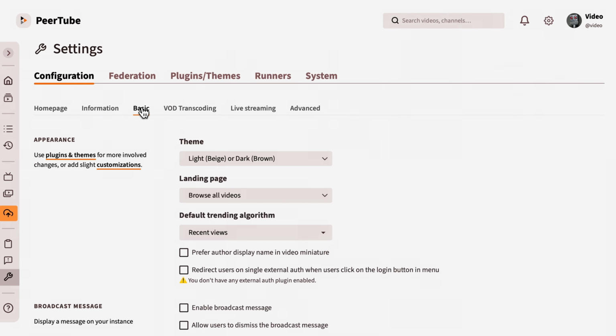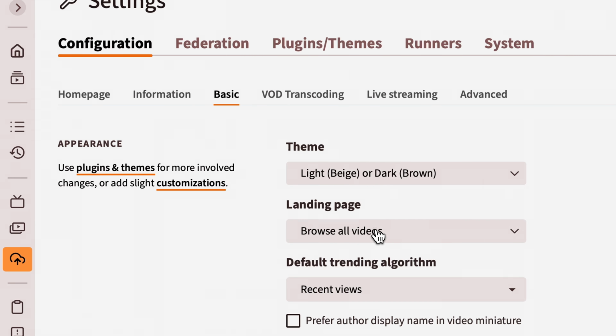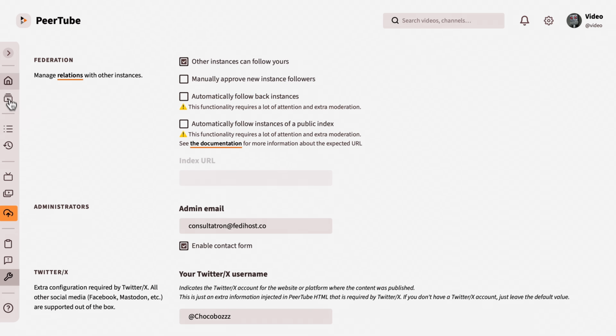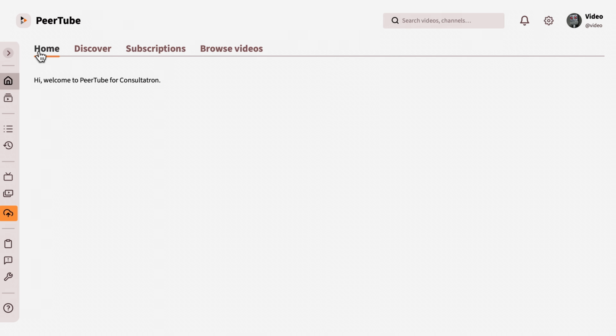And you may have guessed, if you're used to content management systems, what you have to do is go back to that basic setting where it says landing page, click on the drop down and choose this now visible home option, and then update the configuration. And that updates PeerTube so that your homepage is your homepage. Now, if you click on home, boom, you're taken to home. That setting can take a moment to toggle, I found. So give it a second if it hasn't done it immediately.